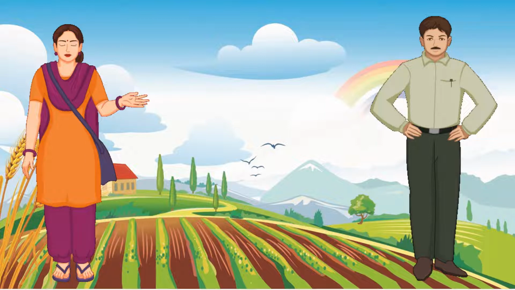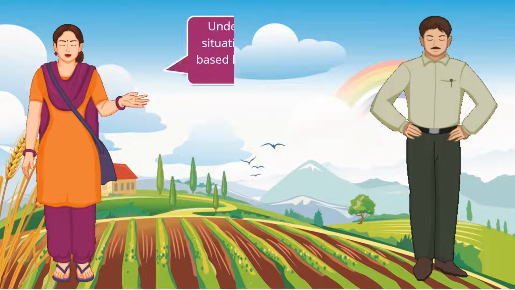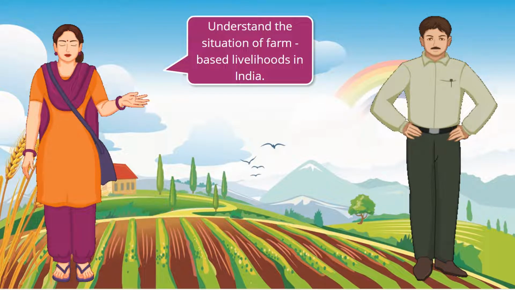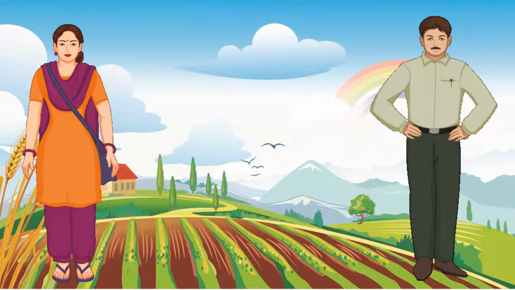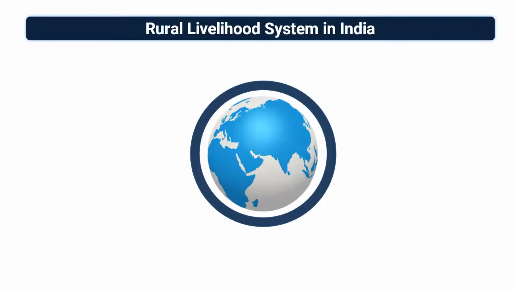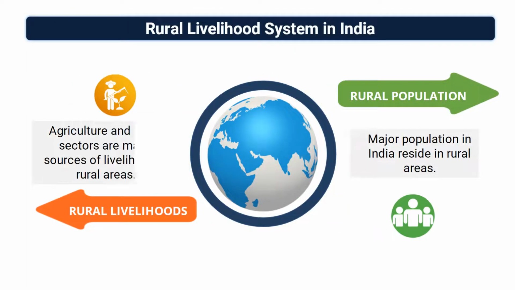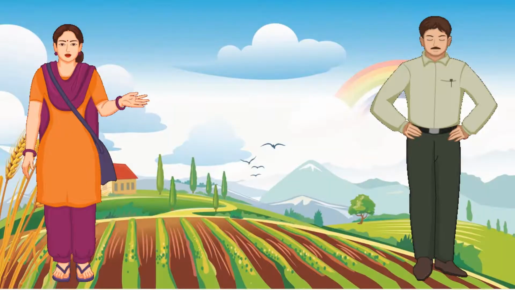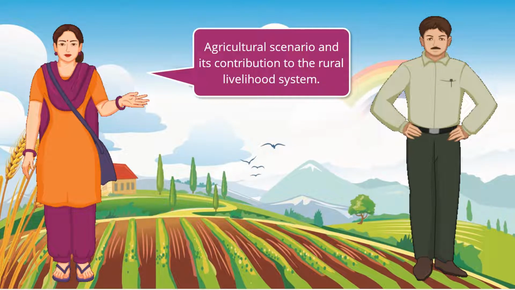So, before discussing farmers producer organization, let's try to understand the situation of farm based livelihoods in India. Right, Sarla. This will be useful. As you already know, the majority of the Indian population reside in rural areas and depend directly or indirectly on the farm sector for livelihood. Therefore, it is important to understand the agricultural scenario and its contribution to the rural livelihood